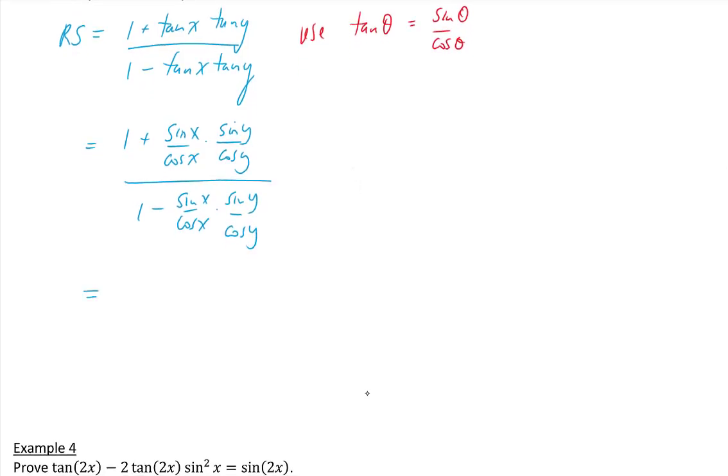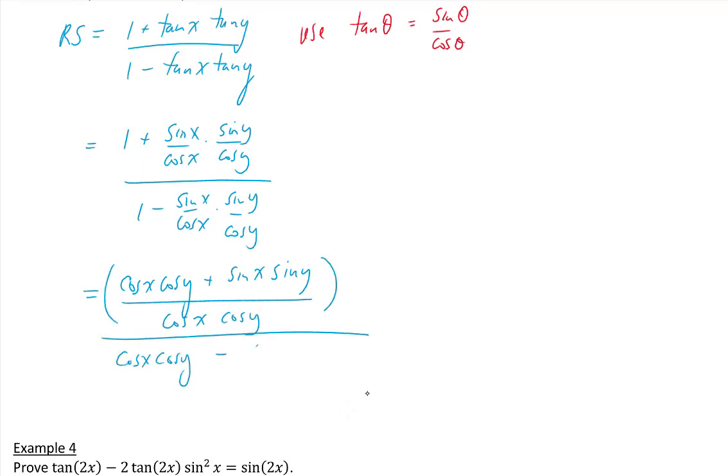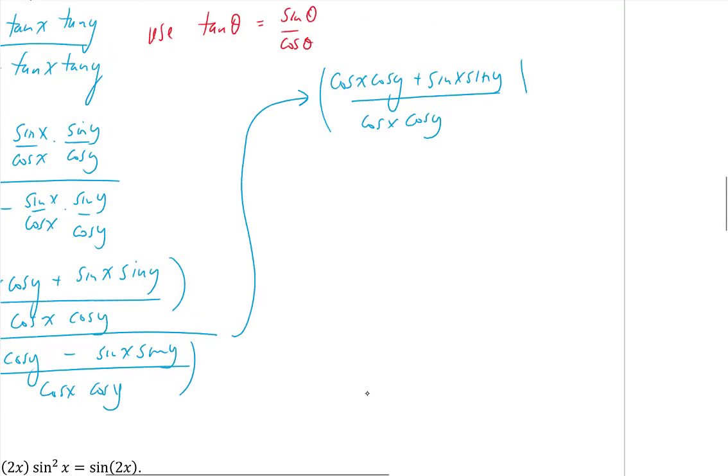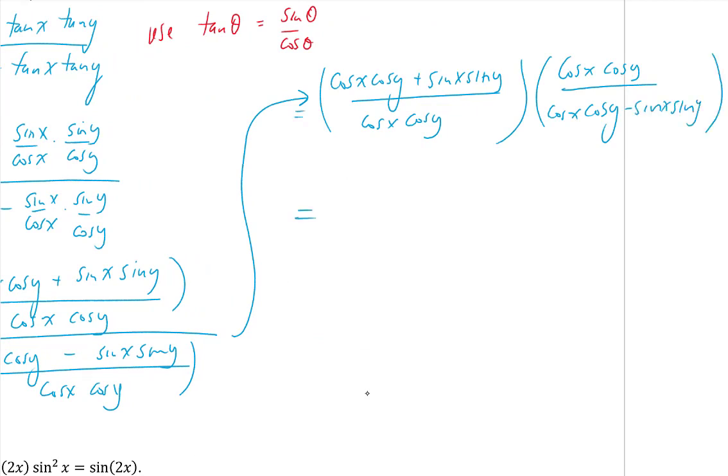Next, I'm going to find a common denominator for both the numerator and the denominator for this expression. And the common denominator is going to be cosine x cosine y. Since we have a fraction over a fraction, I'm going to flip and multiply. Notice we have factors in the numerator and denominator that we can cancel. And I'm left with